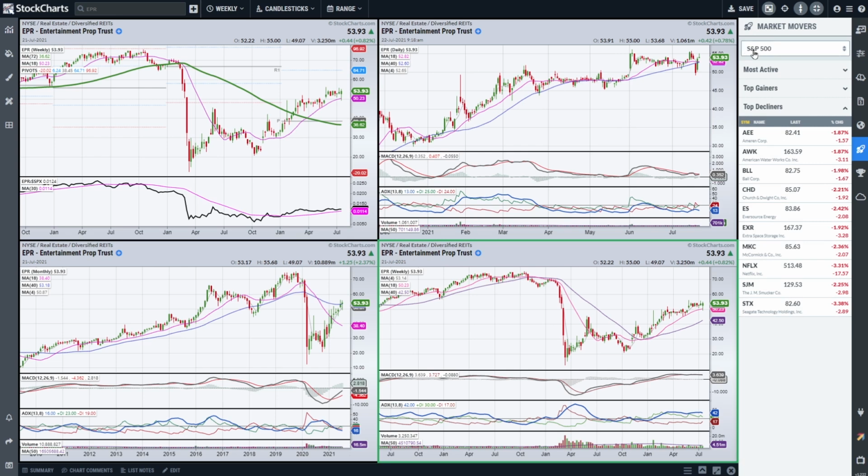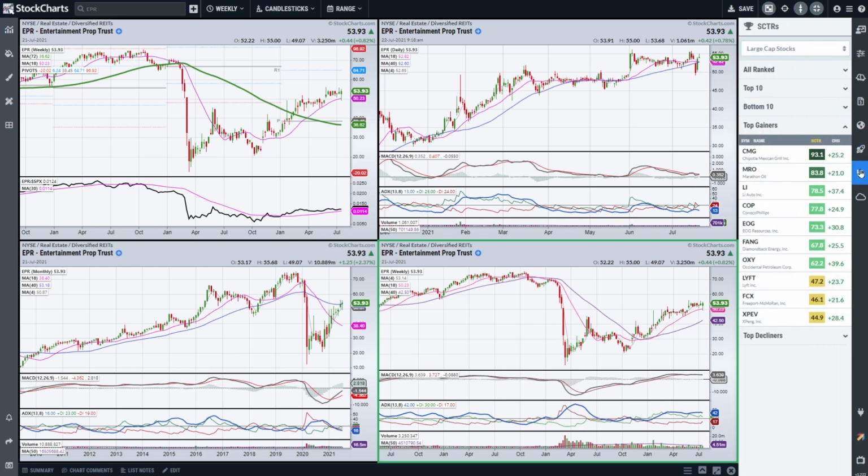And what I love to be able to do, what most software packages don't allow you to do, is give you the ability to plug in a specific segment of the market for this. So you're not getting these stocks up 50% or down 50% or something like that. You're getting kind of the realistic movers, stocks that you'd probably have an interest in. So that's pretty nice. And then scooter rankings, I actually like to look at